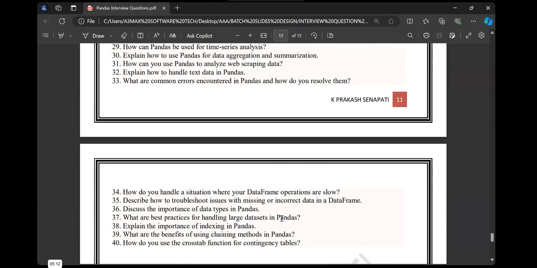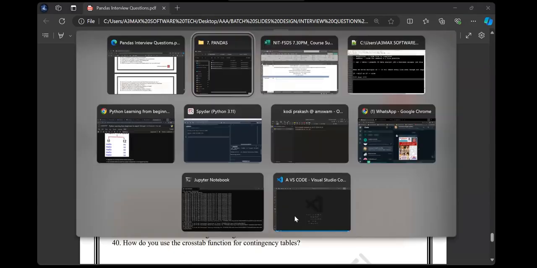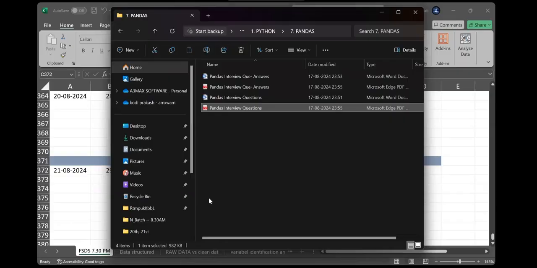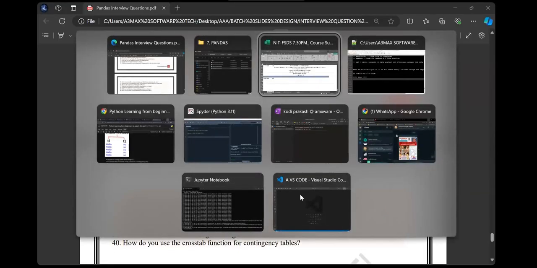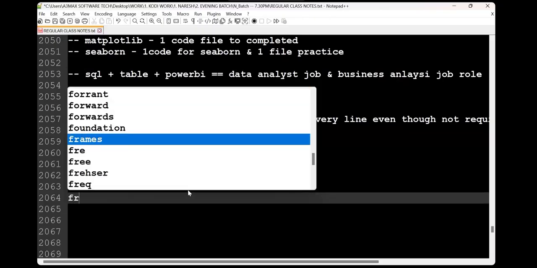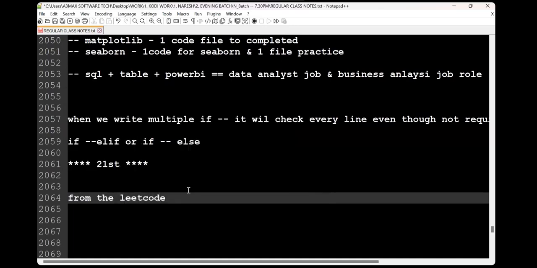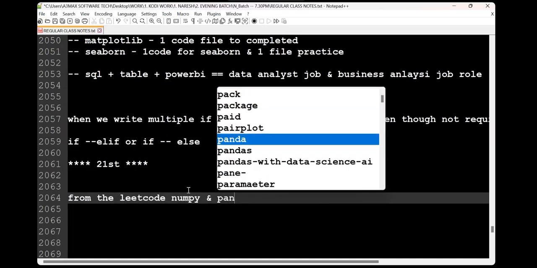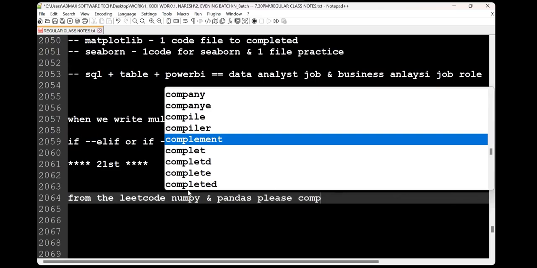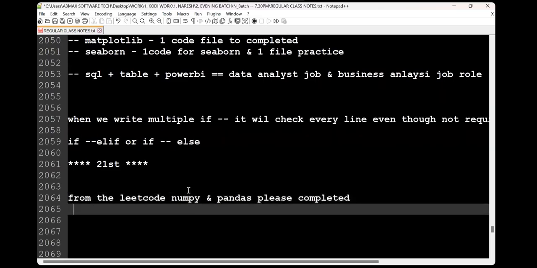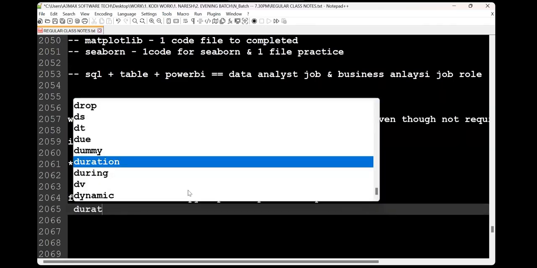Whenever you feel sleepy or something, open LeetCode. I want everyone to complete NumPy and pandas from LeetCode. Please complete it. I'll give you a time duration of 1 month.